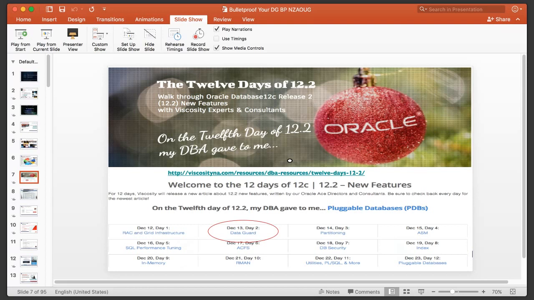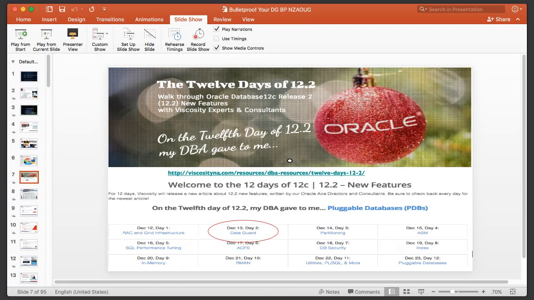Something we were promoting last year was 12 Days of 12.2. In particular, what we did was we took a topic every day, 2 weeks before Christmas. And on day 2, we did it specifically on Data Guard. And what we also did was took the Data Guard topic and made it into a deep dive in the first quarter of 2017. And if you look at this list here, we cover pretty much the entire gamut of all the 12.2 features. And what we do differently than what other people who are presenting on 12.2 do is that we cover RAC, Data Guard, partitioning, ASM,